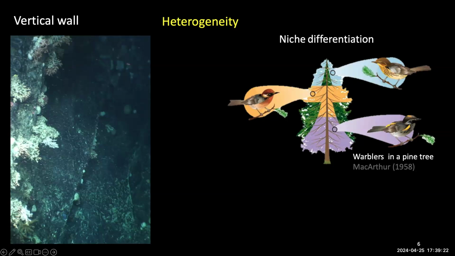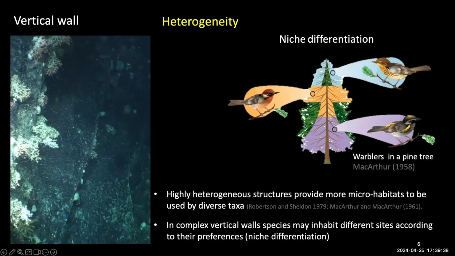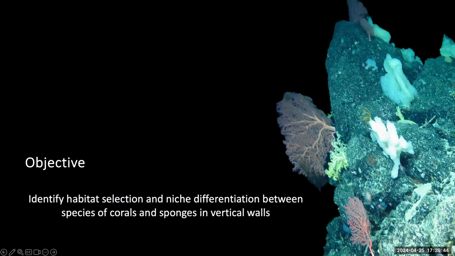So as the species of warblers here use this tree differently, the species of corals and sponges in vertical walls might also do the same with heterogeneous vertical walls. Highly heterogeneous structures provide more microhabitats to be used by diverse species. In complex vertical walls, species might inhabit different sites according to their preferences. The objective of this study is to identify habitat selection and niche differentiation between species of corals and sponges in